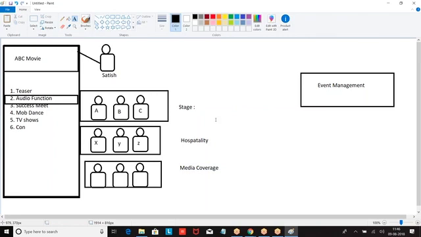Now, who is the owner of the account? Satish is the owner of the account. But he alone cannot do it, because a lot of business is coming from this account. A lot of business is happening on this account. I alone cannot handle it. So I formed a team. And I told, boss, team member ABC, you will have the stage decoration. Team member XYZ, you have hospitality. Team member MNO, you are responsible for media coverage. So what I'm doing is wrapping a group of people together, sharing the workload and giving a better performance. Are you getting my point?